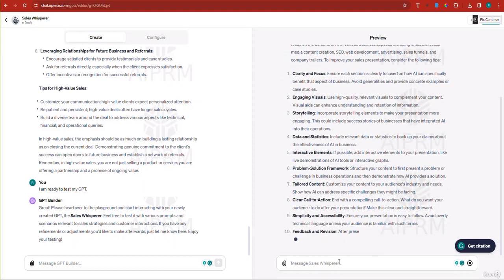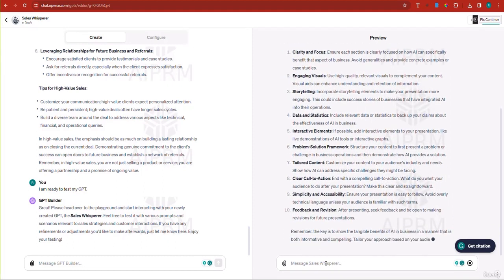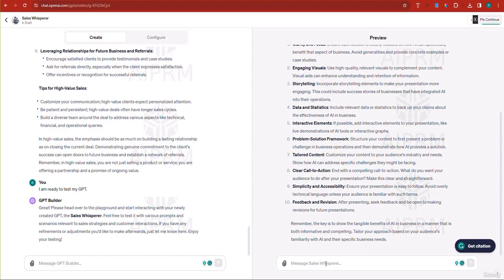Now we can ask a couple more questions, but let's move on to the next lecture in order to create a custom GPT decision-making assistant, a GPT that helps in the decision-making, and it could be quite frankly any decision. So let's go ahead and do that in the